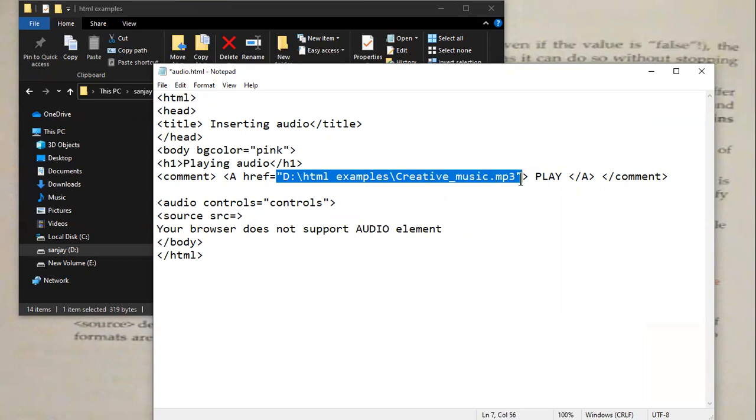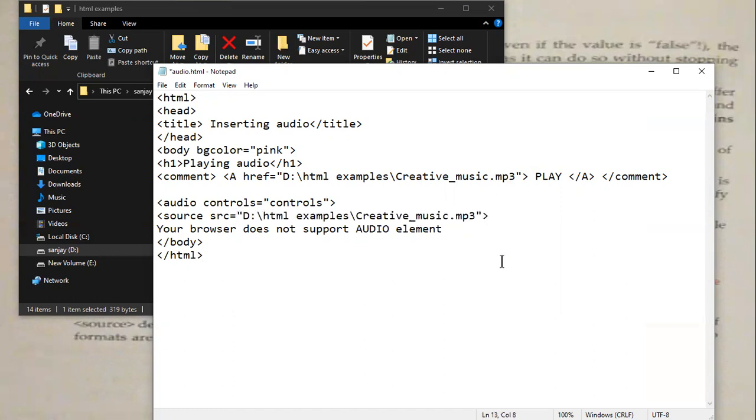I am again copying it. Type is equal to audio slash mp3 because my file is mp3.